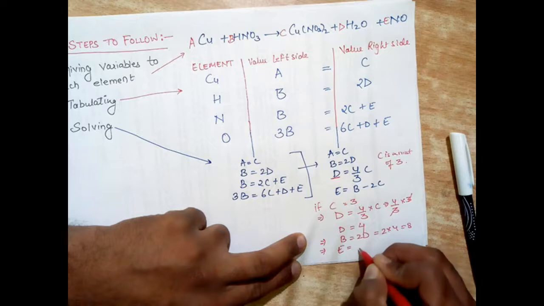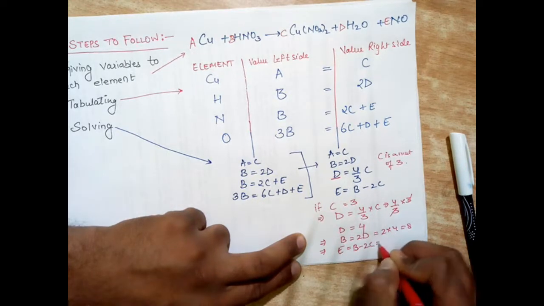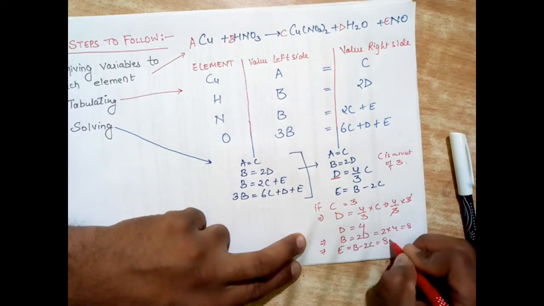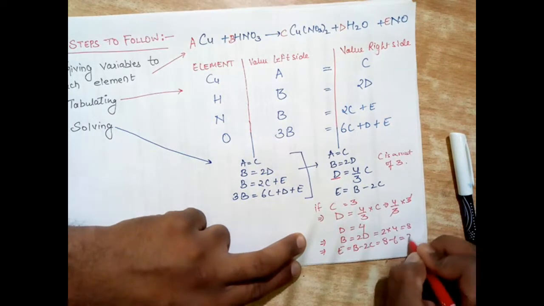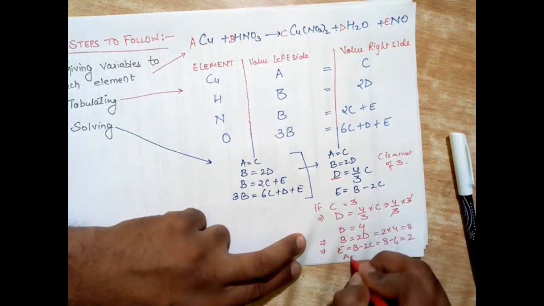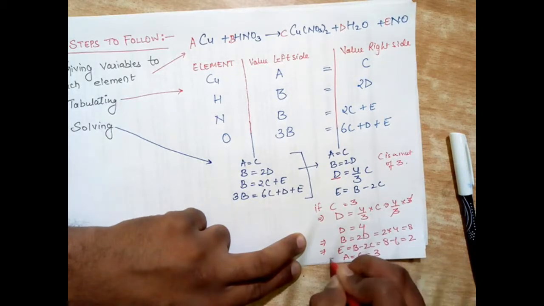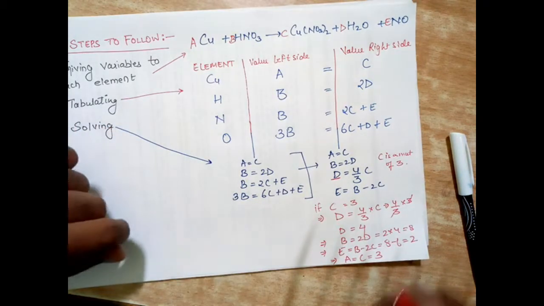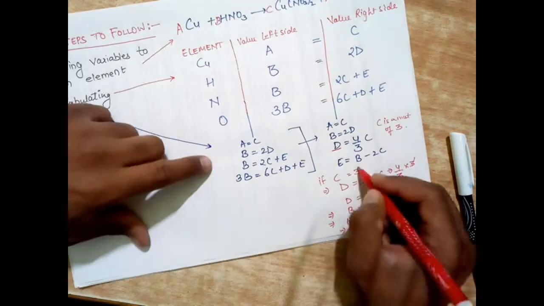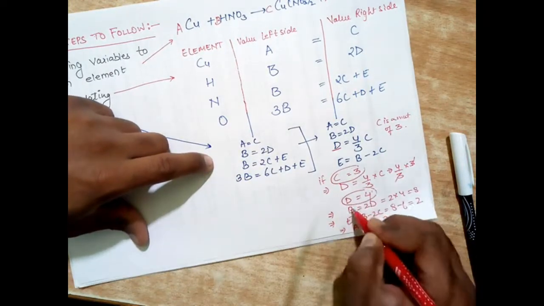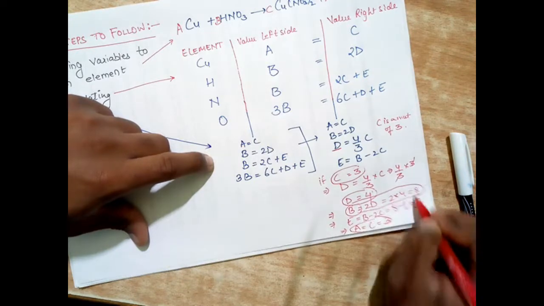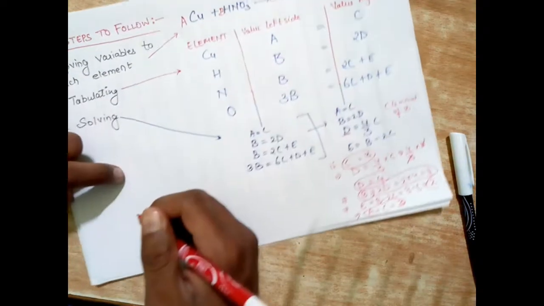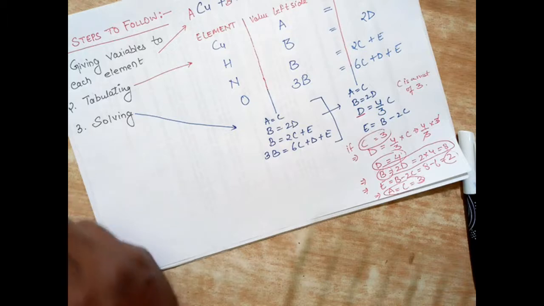E is equal to B minus 2C. So B is 8, C is over here 3, so 6. That means 2. And A is equal to C, which is equal to 3. So we have got our final equation from these values. Thus, our final equation is